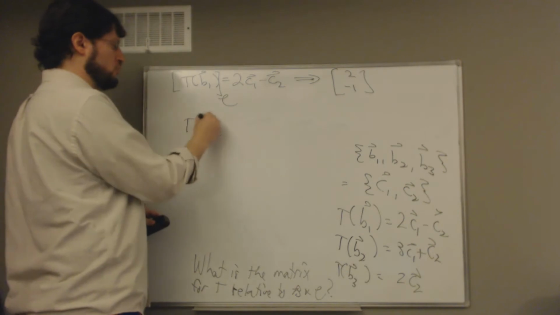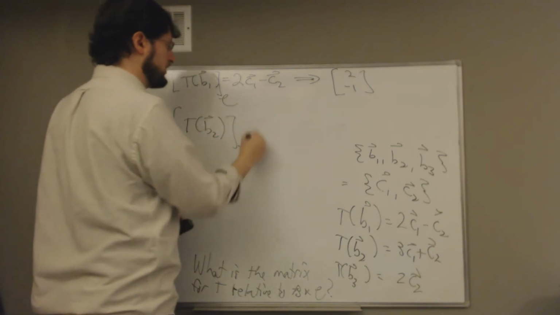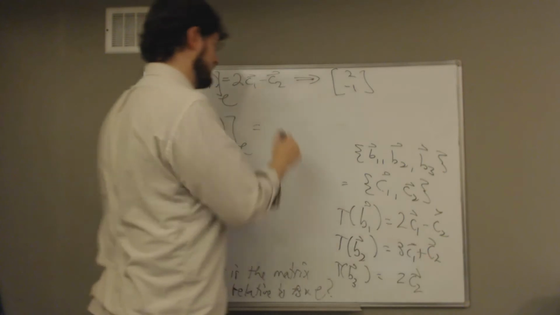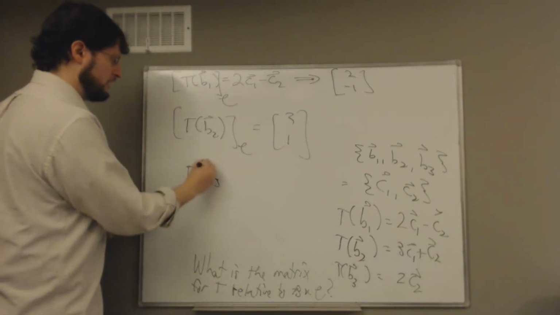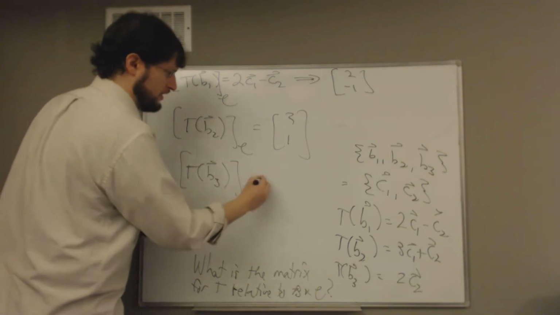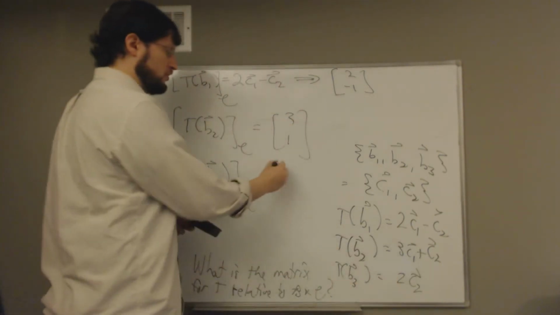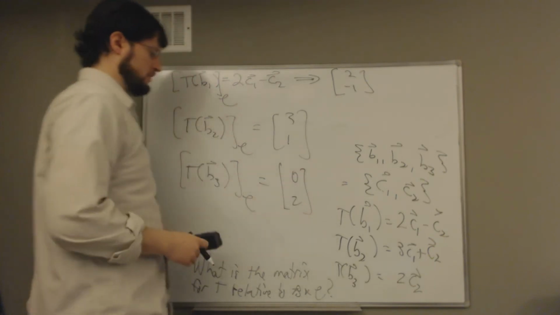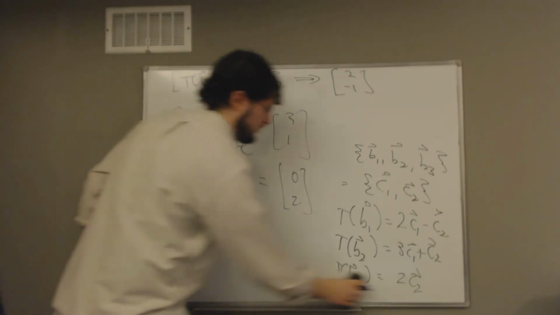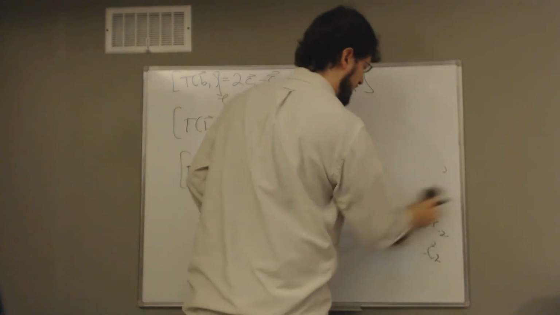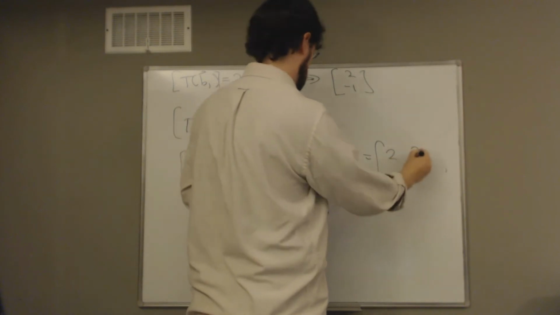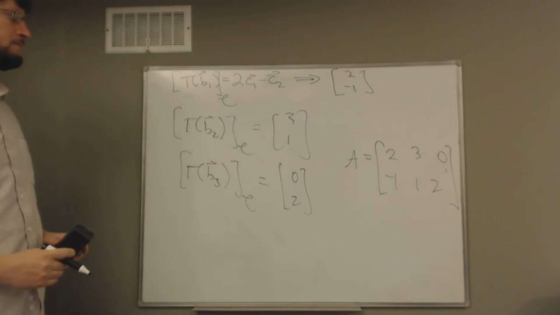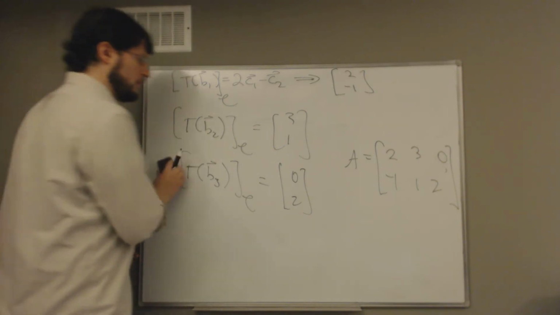T of B2 relative to the basis C is 3, 1. And T of B3 relative to the basis C is, since it's just 2C2, I get 0, 2. So if I put these into a matrix, A is 2, minus 1, 3, 1, 0, 2. All right, now,